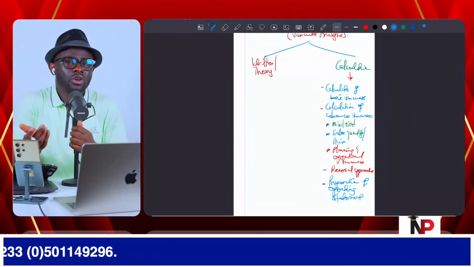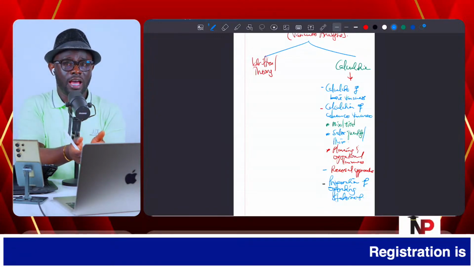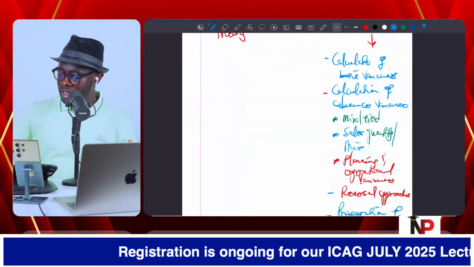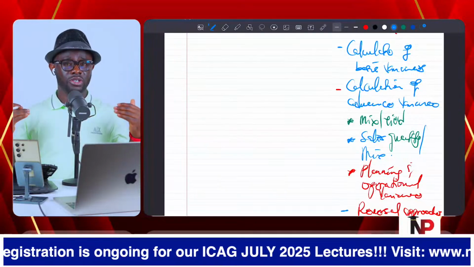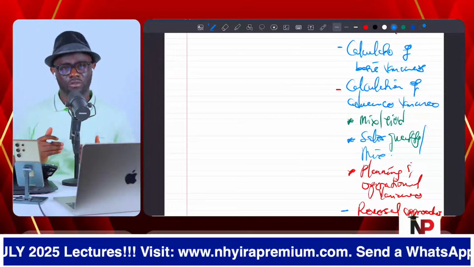So it depends on how excited the examiner is as you are going into this examination diet. If the examiner wants to go calculation with you under the variances, then these are the options available. So when you are studying, you have to make sure you understand each of these.